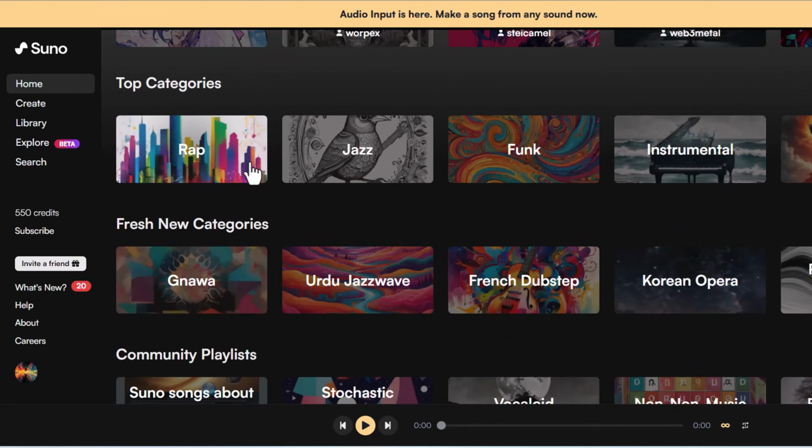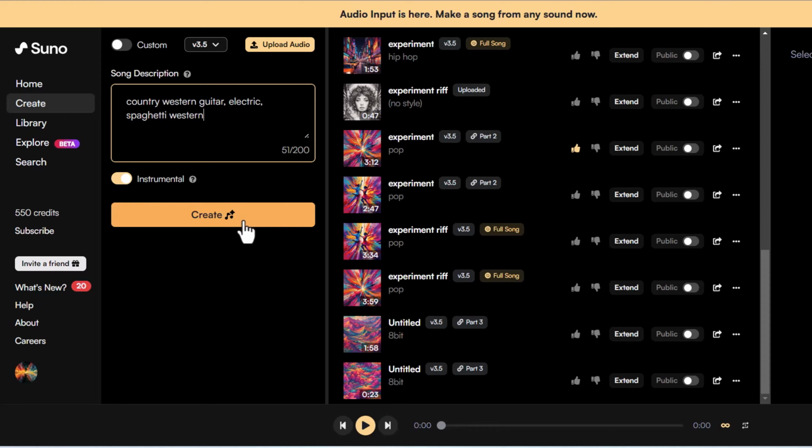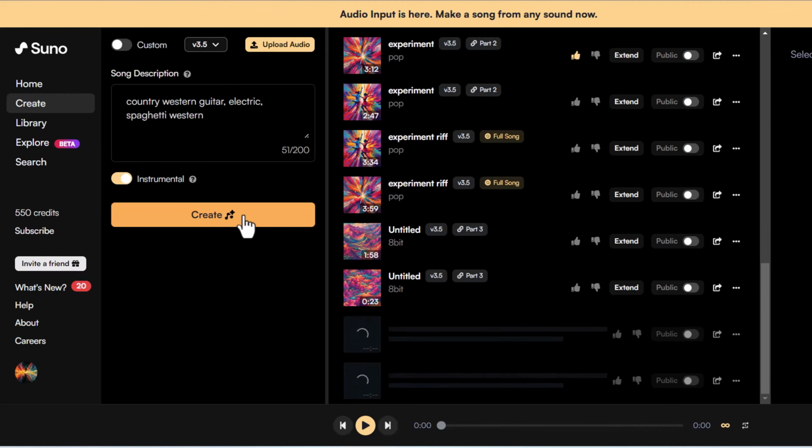I've generated a bunch of different styles of music with Suno.ai, and it's kind of hit or miss. Some of the styles it can do very well, and others it's just not really great. One of my favorite styles of music is country Western and vintage Western, especially echoey guitars, baritone guitar, that kind of spaghetti Western thing.